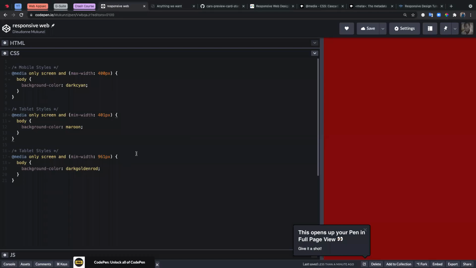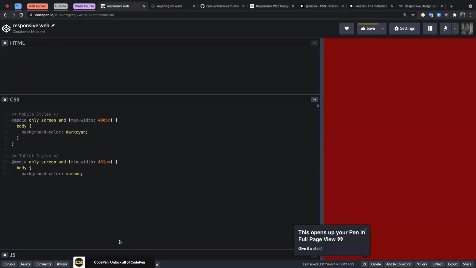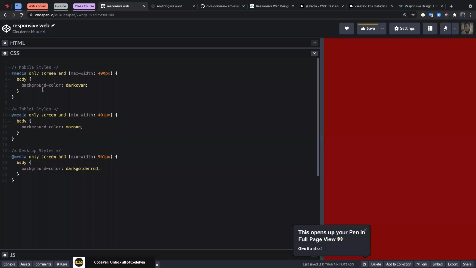Cool. All right, so I'd set this before. It's basically the same thing. There's no HTML, it's just the body. So I'm targeting the body, and on a very small screen,